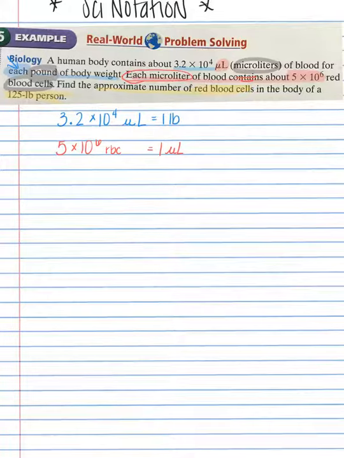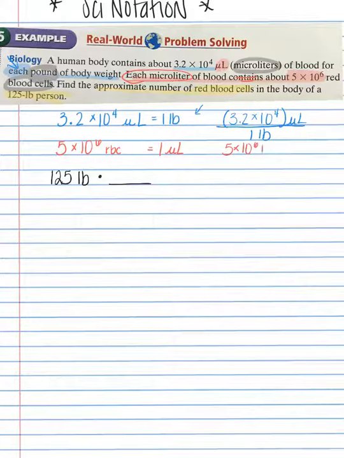All right, so we're going to start with our 125-pound person. So I know that I have 125 pounds. I'm going to multiply that by something. Remember your ratios that we did? Let's come up here and look at expressing this in a ratio. This is the same as 3.2 times 10 to the 4th microliters per 1 pound. And down here, I can express this as 5 times 10 to the 6th red blood cells per microliter. So if I'm starting with a 125-pound person and I want to get to red blood cells, what